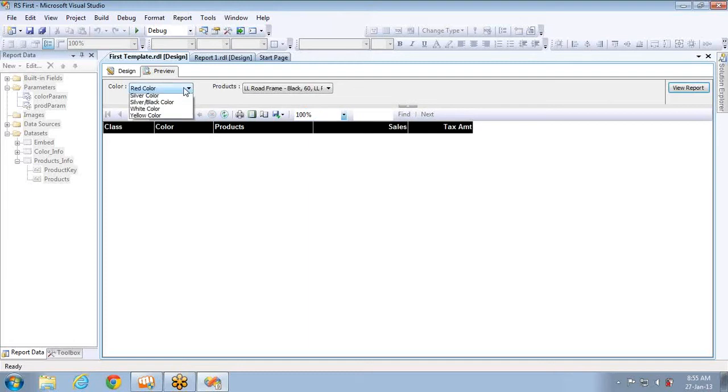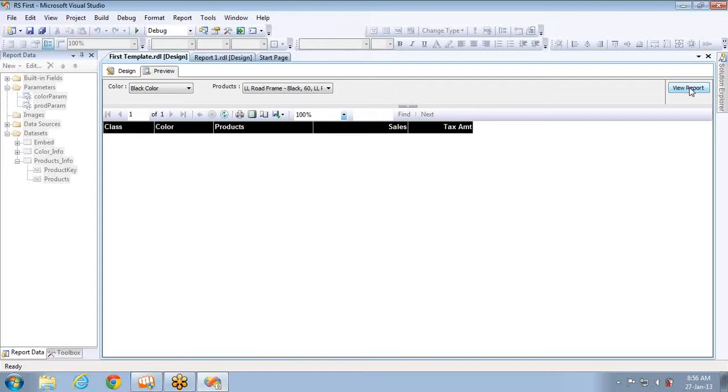Why? Because these are black color, the products that come in black color. So I selected red here. So the AND operator will be applied between these two conditions. If you see, we have taken the AND operator in our query. So that is why the color should be red and the product should be with this name. That is not a possible combination. So the correct combination is black color and the product name is black. I think no sales for this.